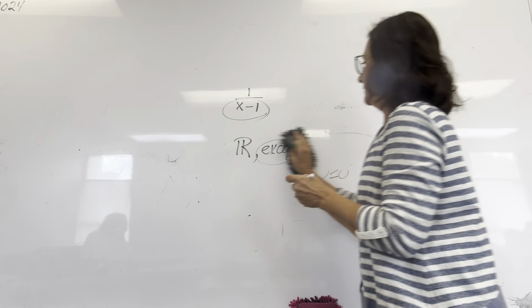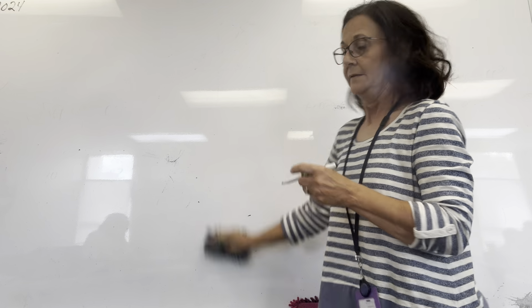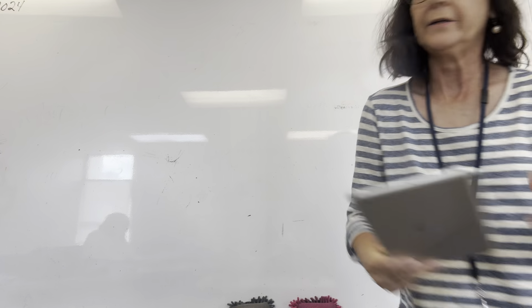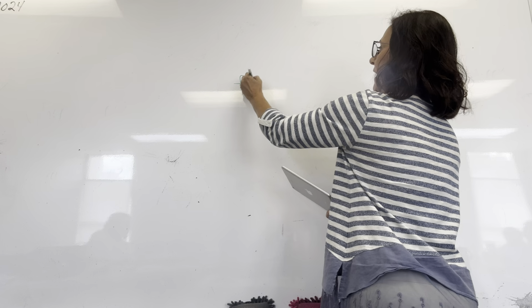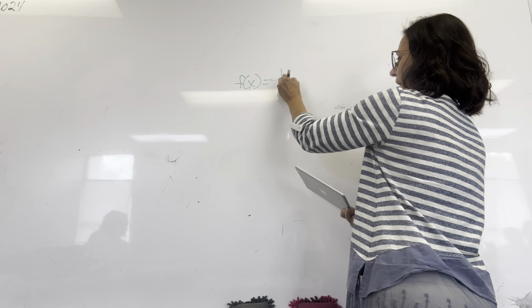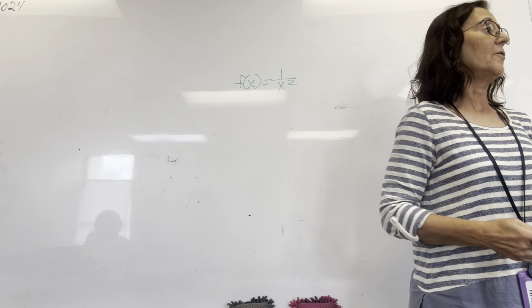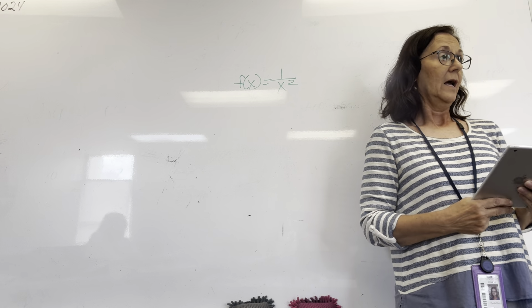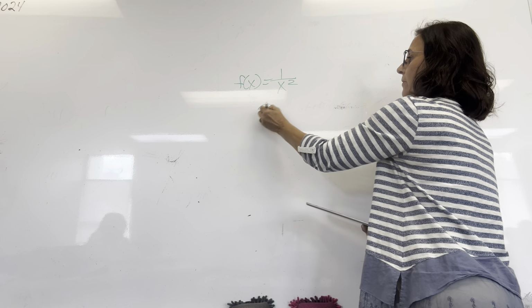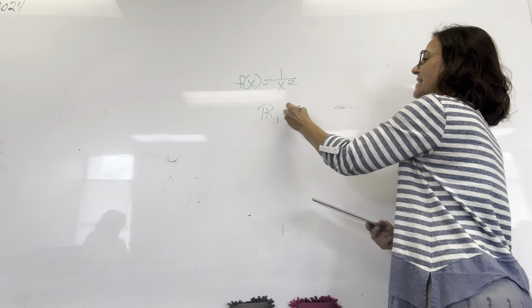Example 1 has this function. f of x is 1 over x squared. What is the domain? The domain is all reals except